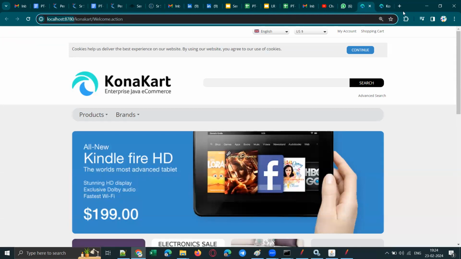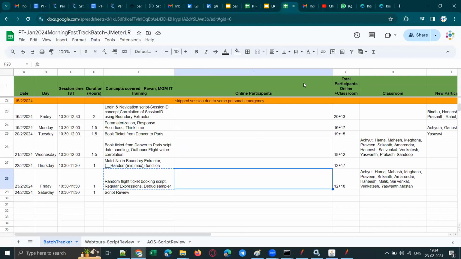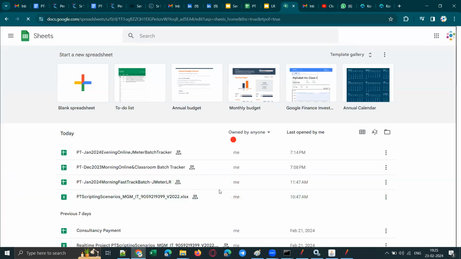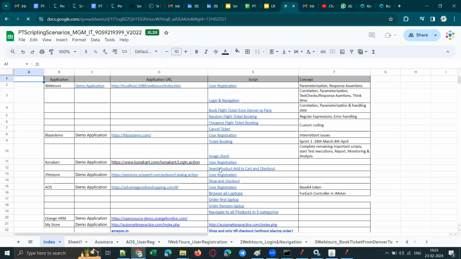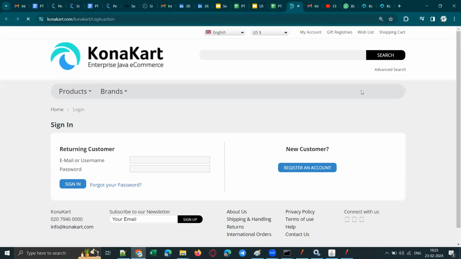Yes, Pawan. If you see the online application URL, let me show you that. Observe the URL here, konakart.com, Konakart login.action. Let me go to that website. Okay, so see here, konakart.com Konakart login.action. This is showing this page. And now,